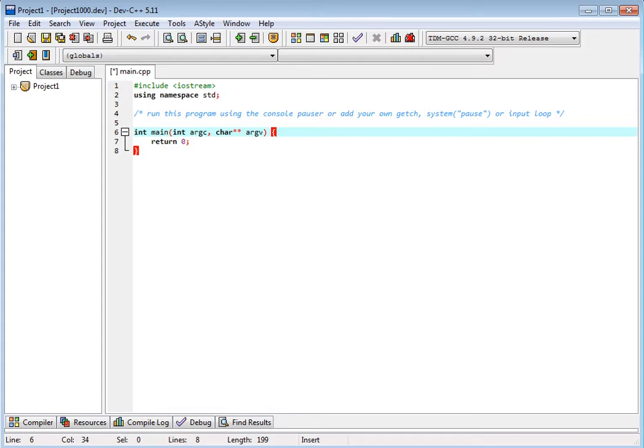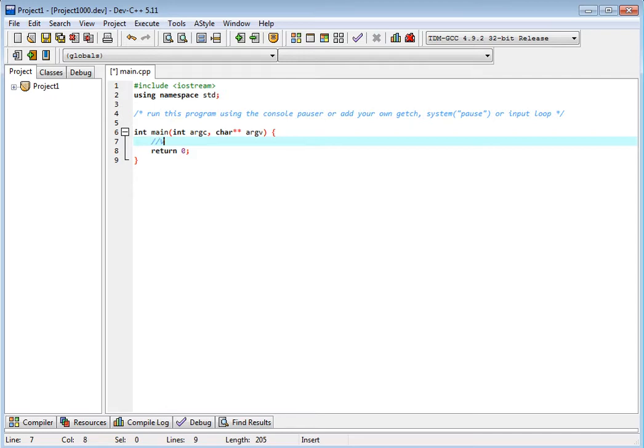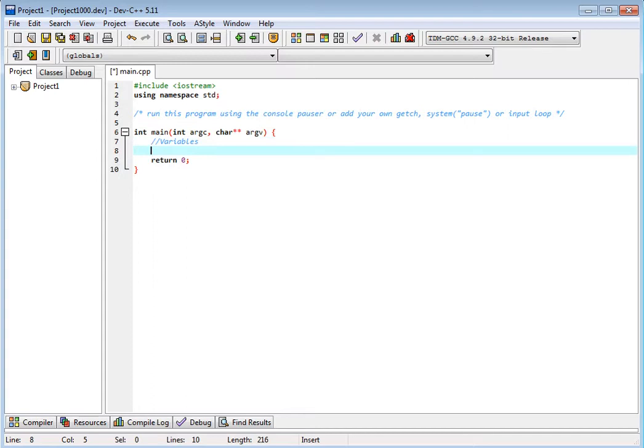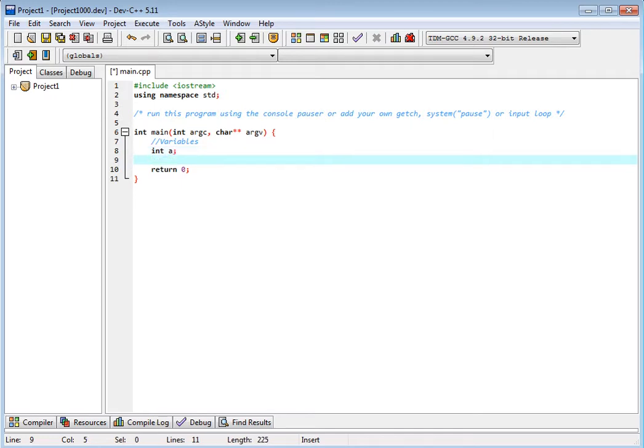Okay, now the first thing is variables. What are variables? Variables are declared as, for example, integer a. This is a variable. Okay, a is a variable. I assign a value to a.